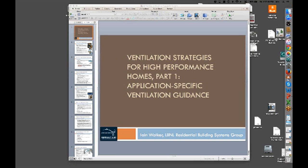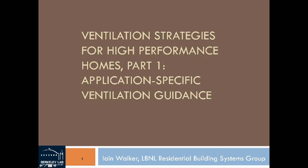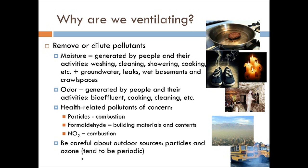Thank you very much for that lovely introduction. I'm going to start out today with a little bit of background to think about, before we get into specifics about individual house types and climates and so on, why would we be ventilating anyway? Basically, we want to remove or dilute pollutants in a home, and pollutants can either be health related or not. For example,